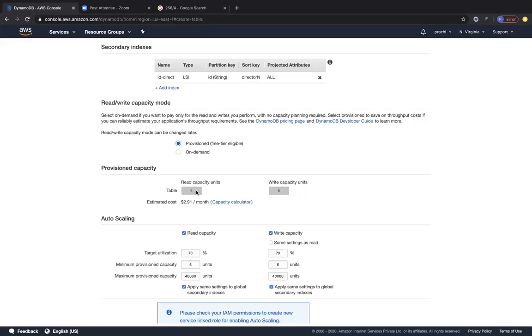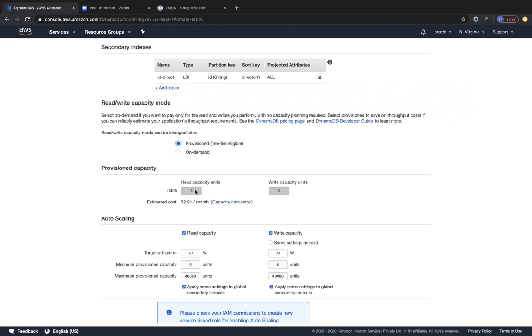So now you can see over here, taking this 5 and 5 into consideration, with 5 read capacity units, what's the maximum I can do? With 5 write capacity units, what's the maximum I can do? With 5 write capacity units, I can write only 5 KB of data per second, right? And with 5 read capacity units, I'll be able to read, let's say 10 KB of data. I think not 10, it'll be 20 KB of data. So I'll be able to read 20 KB of data in a strongly consistent fashion.